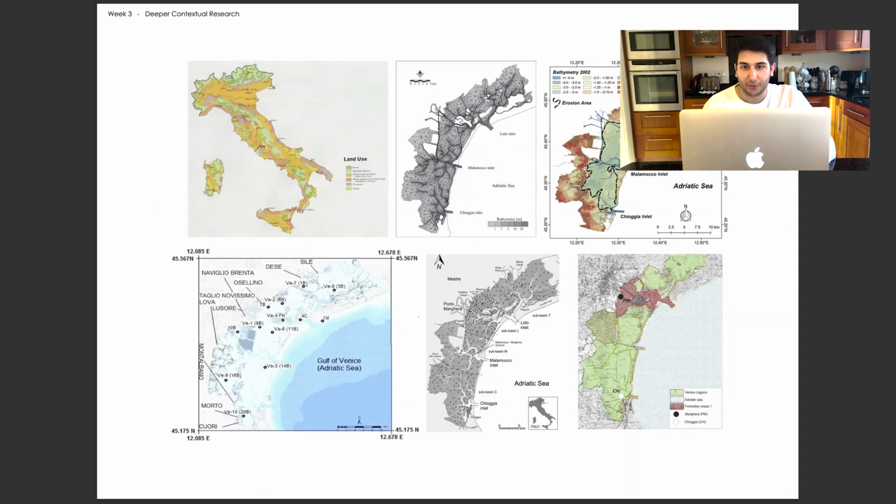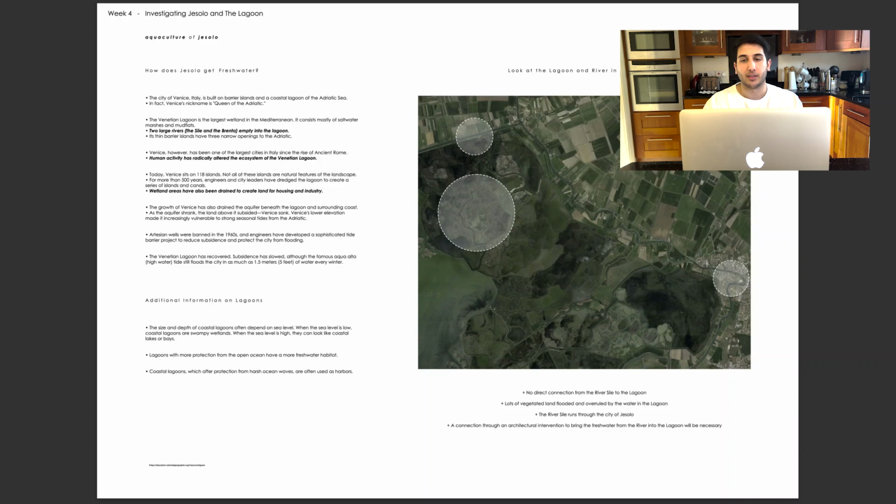How did Jesolo get fresh water? So Jesolo was one of the island areas of Venice that I was looking at initially, doing some research into where the fresh water is coming into the lagoon from, what the quality of the water within the lagoon actually is, and whether we need more fresh water. Do we need to put control points in the way to reduce the amount of fresh water coming in? I slowly began to realize that no, we need more fresh water.